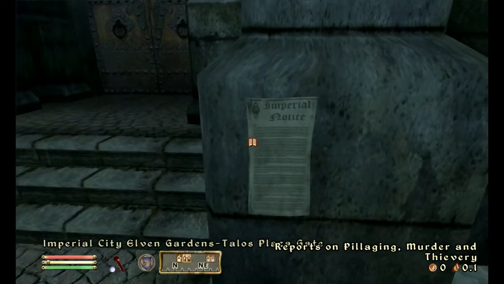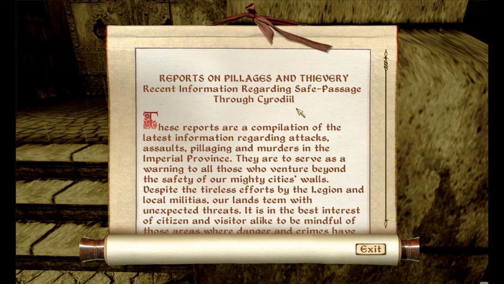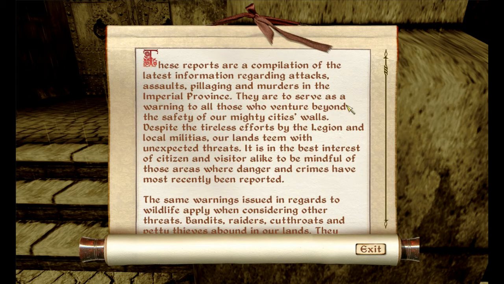Imperial Notice. Reports on pillaging, murder, and thievery. Recent information regarding safe passage through Cyrodiil. These reports are a compilation of the latest information regarding attacks, assaults, pillaging, and murders in the Imperial Province. They are to serve as a warning to all those who venture beyond the safety of our mighty